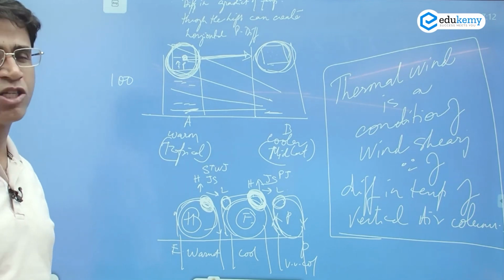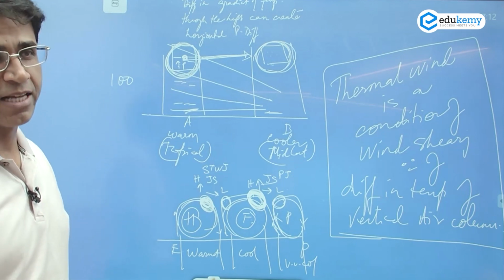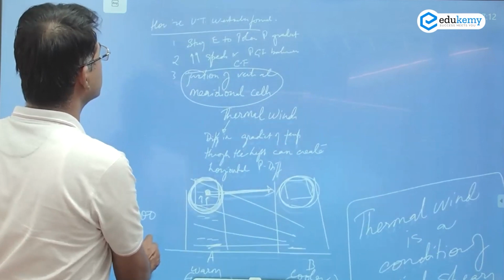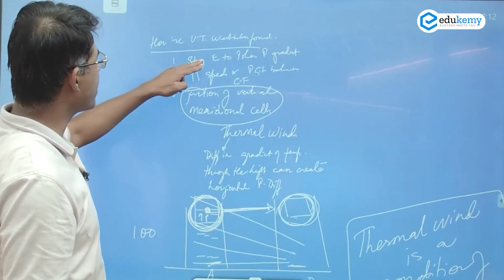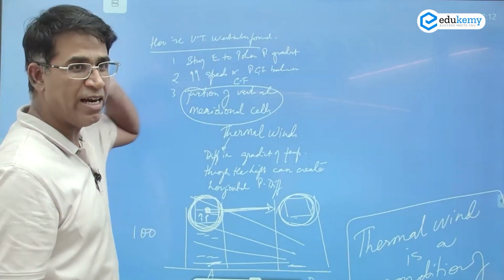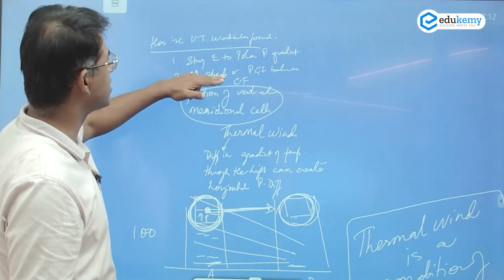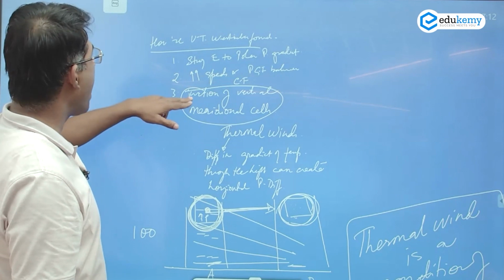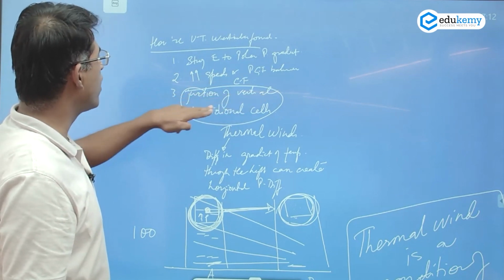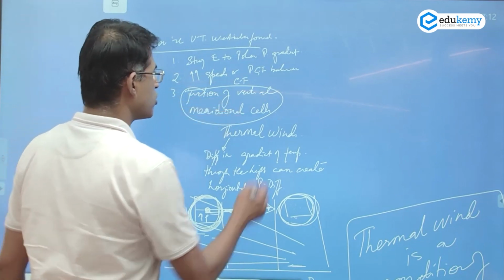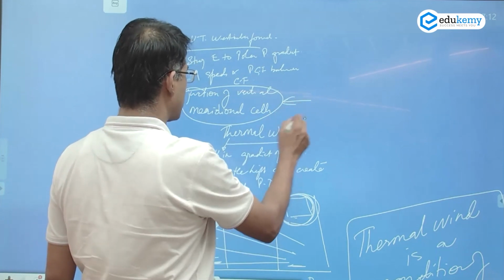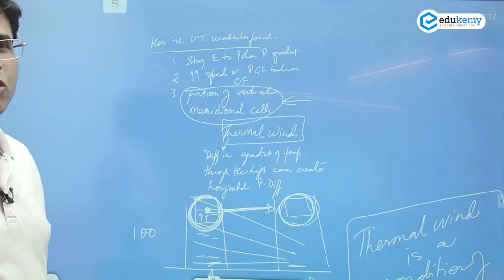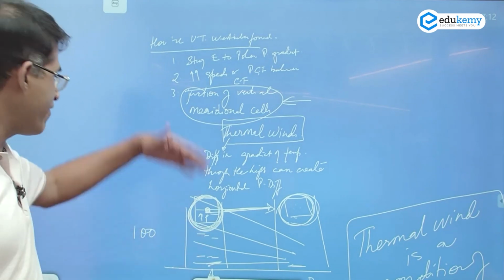So how are geostrophic winds created? The geostrophic winds are created because of, now these are the three conditions: a strong equator to polar pressure gradient, high speeds, and the pressure gradient balance at the junctions of the vertical meridional cells. So this is the thermal wind condition. Discuss how geostrophic winds are formed. Having said this,